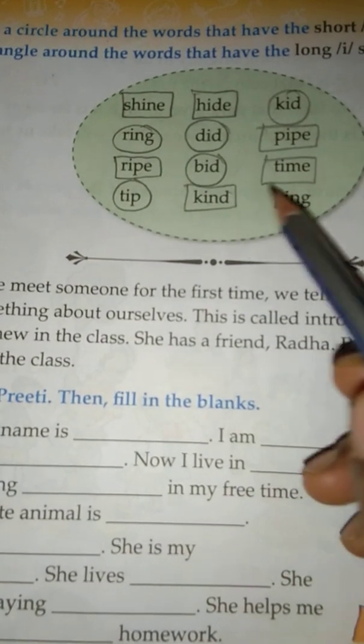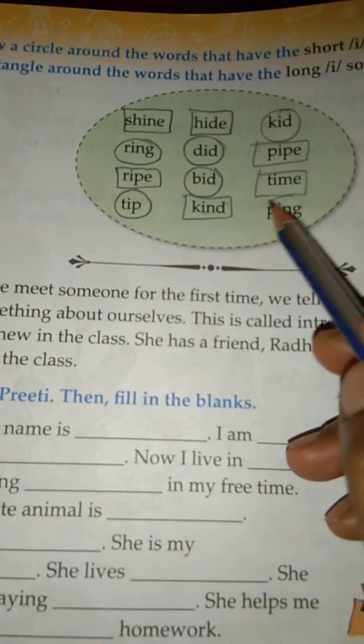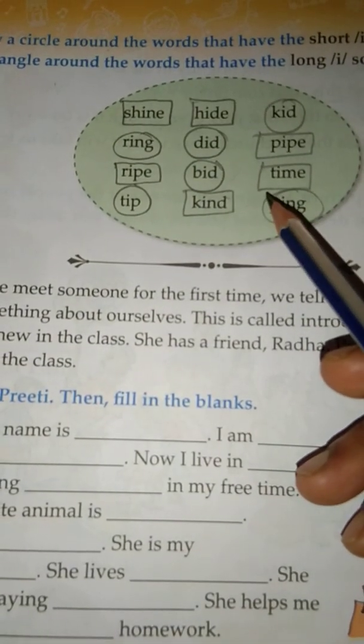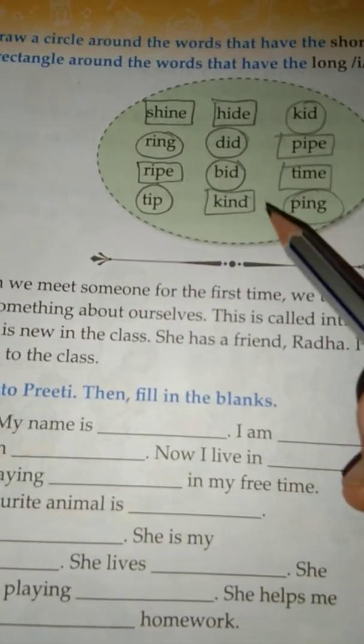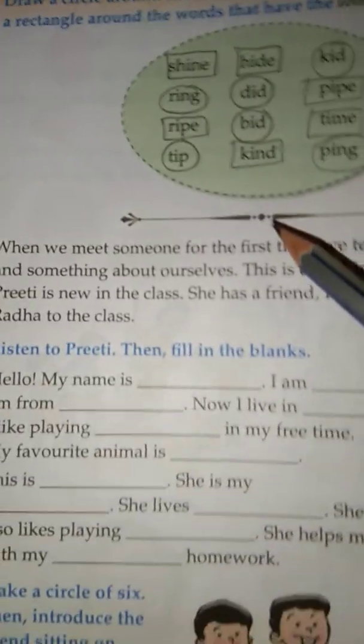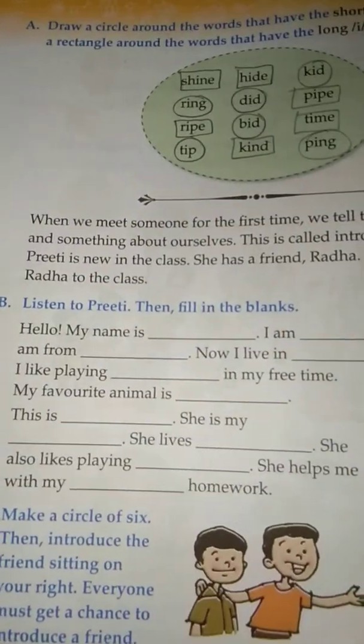Kind is a long I sound, and ping is a short I sound. Okay, so these are the words which have short and long I sounds. Okay, next you see,